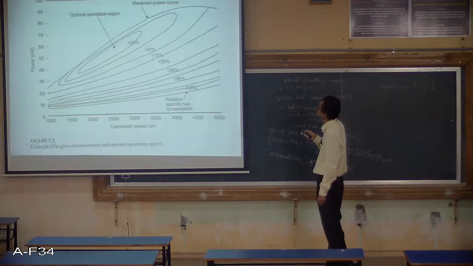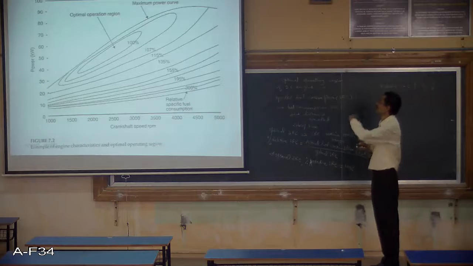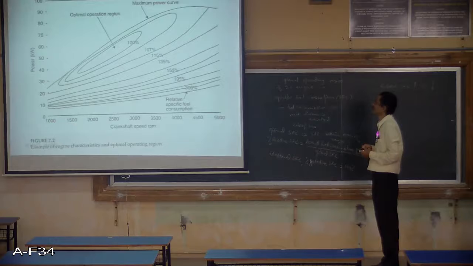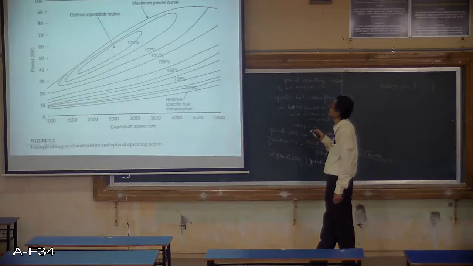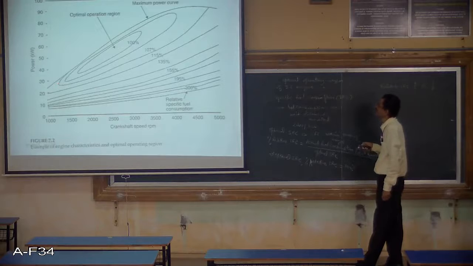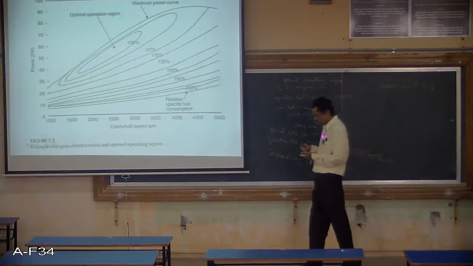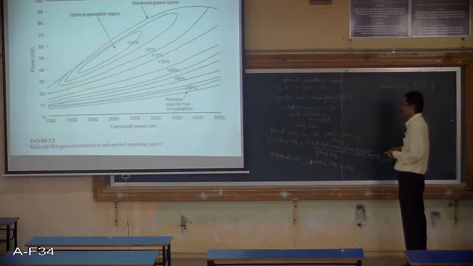And here you can see maximum power curve. This maximum power curve decides what is the maximum amount of output power the IC engine can develop, irrespective of the amount of fuel consumption. What is the maximum power which it can develop at various speeds, that is shown by this maximum power. So all these curves, whatever you see, these are all included inside this maximum power curve, because at any point of time or at any point of operation, the output power cannot go beyond the maximum allowable power curve.